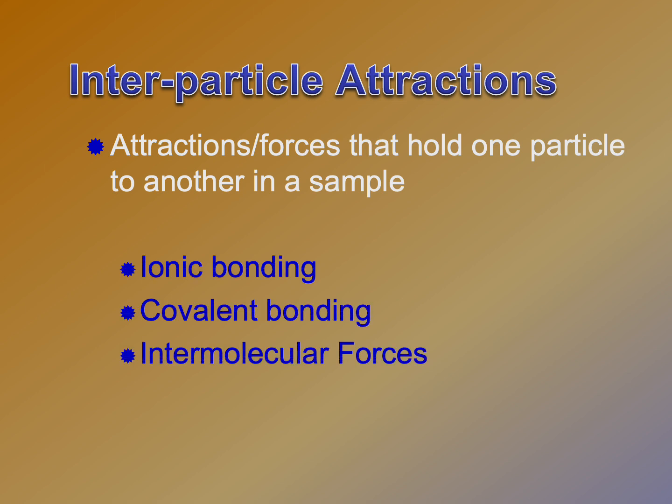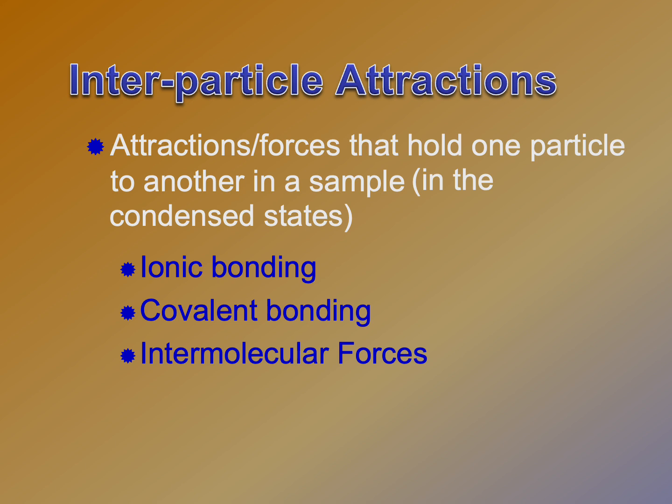We've already talked about ionic bonding and covalent bonding. So remember, in ionic bonding, the ions transfer electrons and they have an attraction to one another. In covalent bonding, they're sharing electrons, but we're going to look at those intermolecular forces. And the intermolecular forces are only going to show up whenever it's in one of our condensed states, so the liquid or solid.